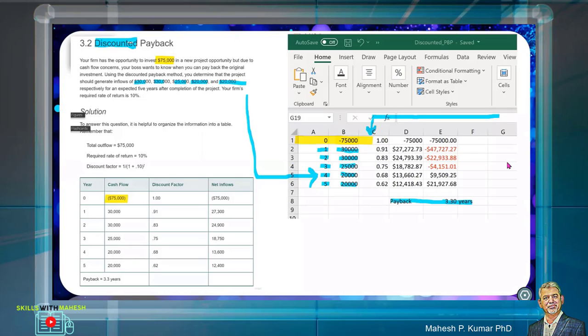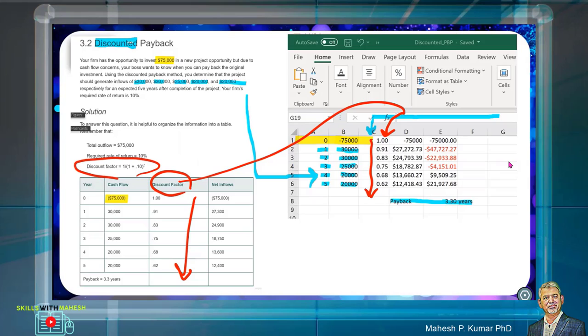This is the discount factor thing. Here you see in the question in the book, the discount factor. I have not written it here, but I should have written the column name. This is the discount factor here, and these are dynamically computed for this discount rate of 10%, right? So I did not just enter them from the book. And then how this works,